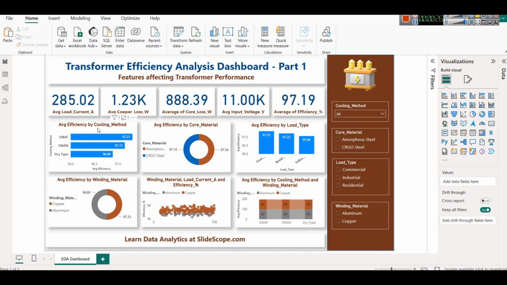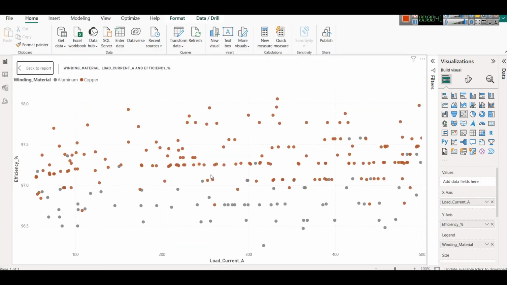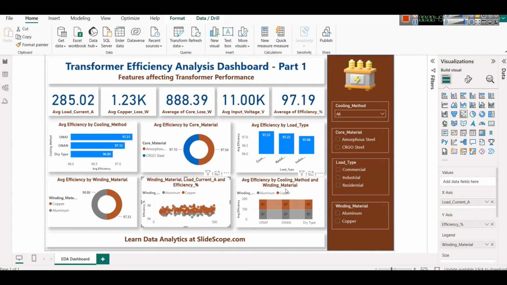Features like what type of cooling method is used, what is average efficiency by core material, average efficiency by load type, winding material, and then winding material, load current and efficiency, where you can see for different types of winding material how efficiency and load current are related. So this and average efficiency by cooling method and winding material, everything that you see here, we will try to